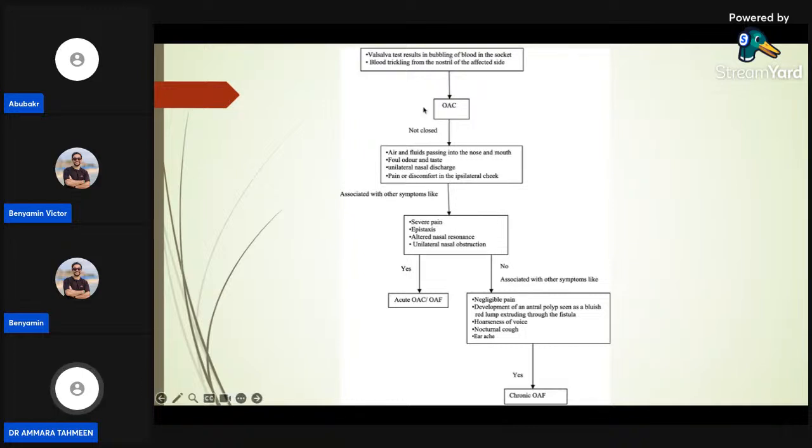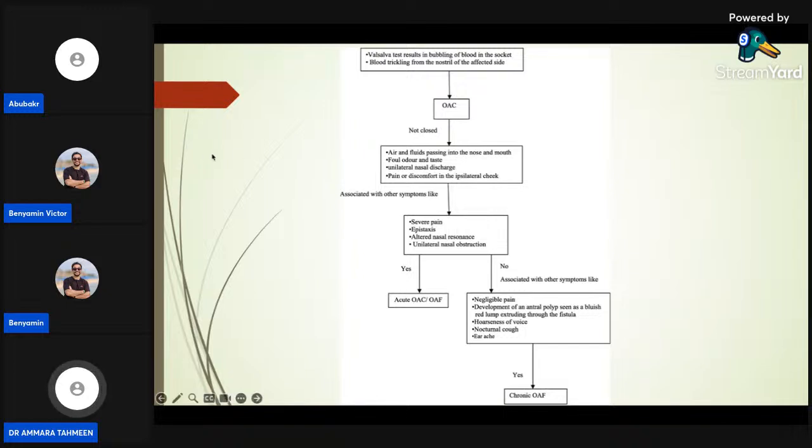When there is an oroantral communication and it is not closed, if the width of the communication is less than 2 mm, it usually gets unnoticed. Both the surgeon and the patient don't realize that there is a communication. Usually these get healed by the clot formation which takes place during the socket healing phase. In case it is more than 2 mm, it usually needs surgical intervention to close the communication.